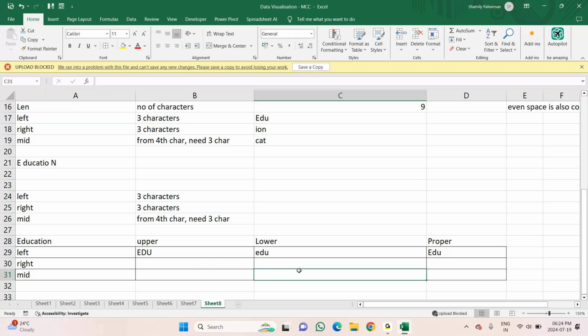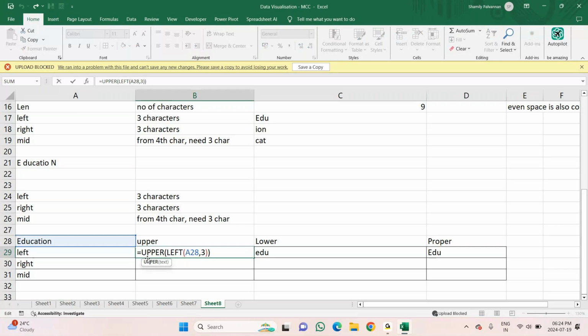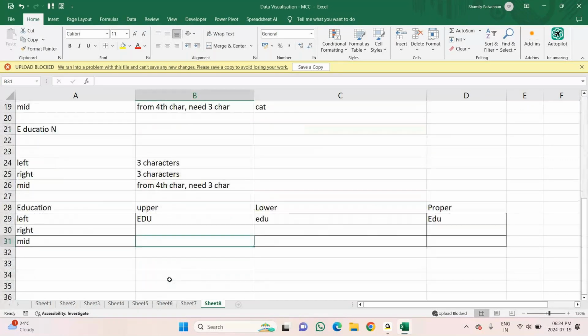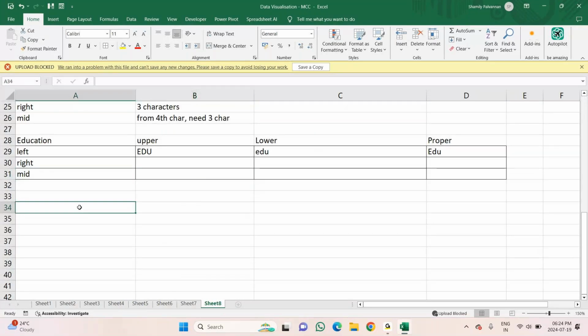Fine. It's simple. I'm just using the same option, left, right, everything. But here instead of left, you will be using a right function, and here it is the mid function. This is the text functions which you will be using. Okay, let me put another text. Suppose now I'll take a word